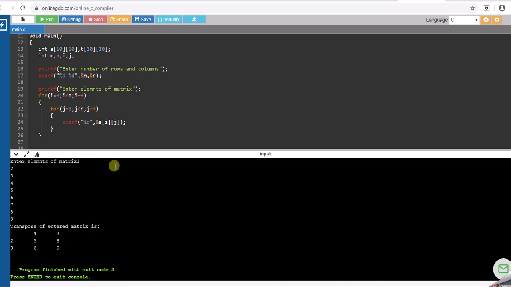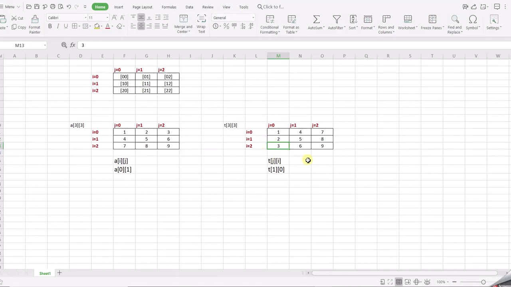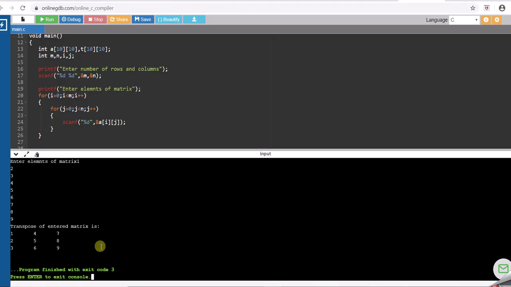Alright, so this is my transpose matrix. ये row number 1 का जो values था transpose करके it have been placed. Row number 0 का जो values था transpose करके column number 0 में आ गया है. So this is my output, this is my transposed matrix. So you can compare it with this output over here. See, you got the transpose matrix. This was my input matrix and this is my transpose matrix. So this is my output.